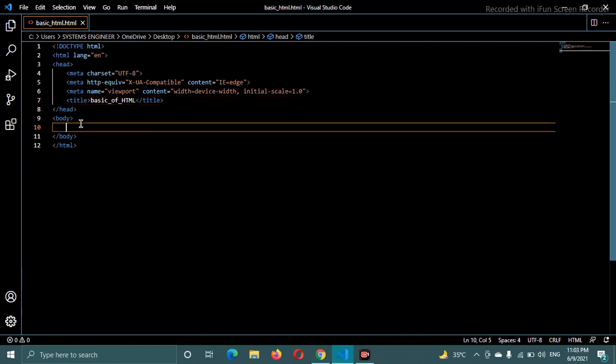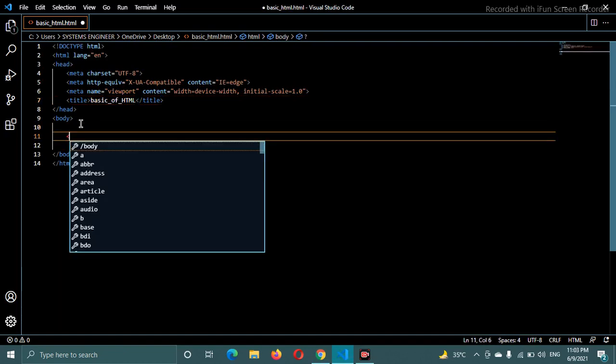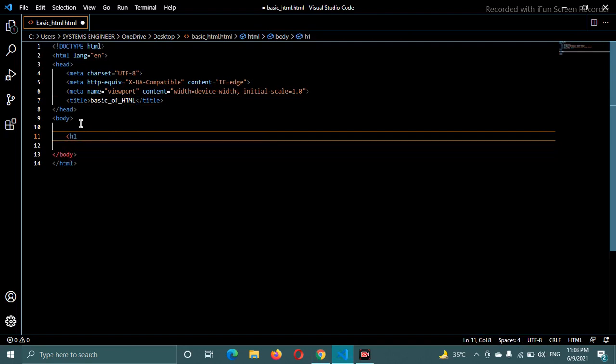So you can see that our text has disappeared because the code we wrote just before is now missing. So if I add something, like I want to add a heading like this, and I save it and refresh it, you will see the heading has appeared. So this was all about the very basics of HTML, and after that we will look at some advanced uses